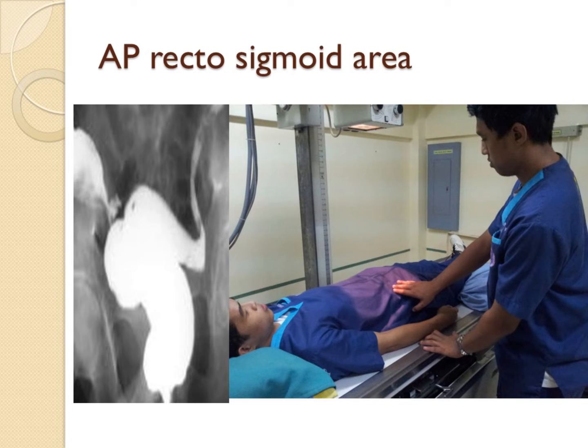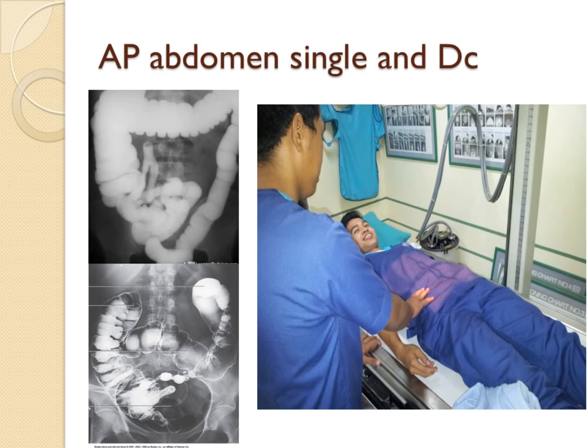After that, another projection, the AP rectosigmoid view, also at the level of 5 to 7 cm above the symphysis pubis, but directed directly. And the AP abdomen, after the single and double contrast barium enema is used,